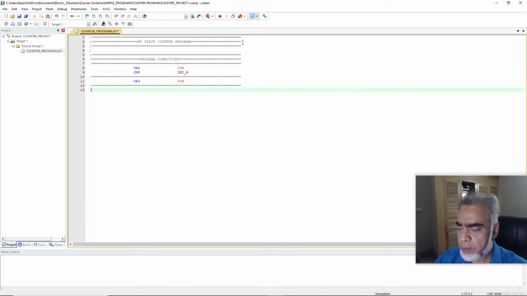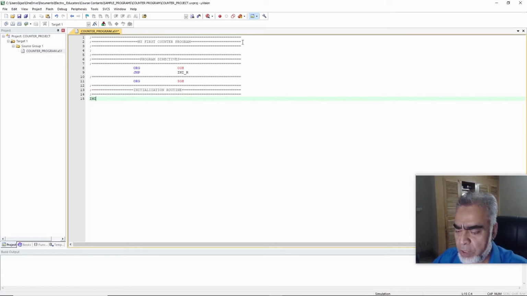So here we will write the initialization routine using a colon. Whatever name we have given to our subroutine will be followed by a colon. So the compiler will consider this name as a label of our program, and here we'll write our first initialization instruction,